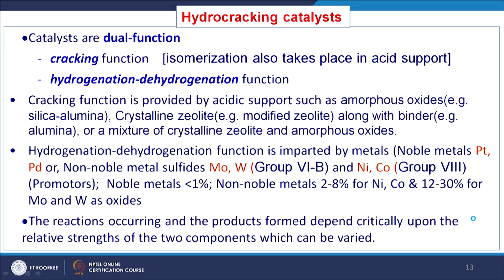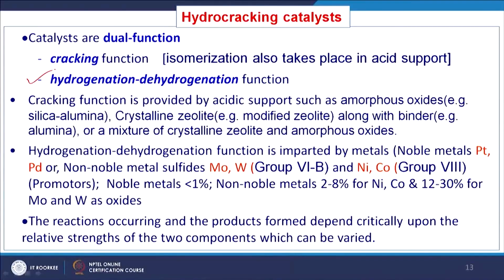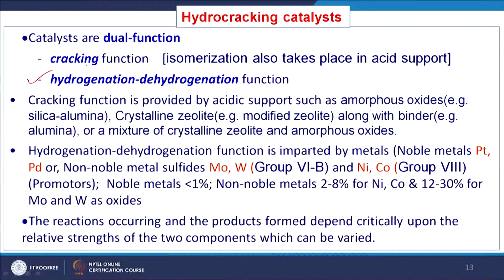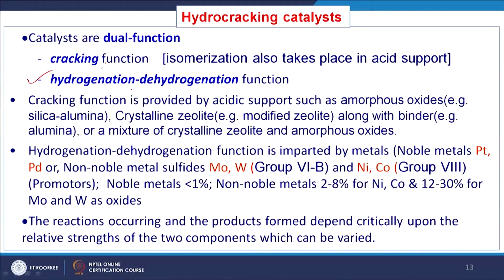So, if we think about the catalyst and its properties, then the catalyst will have some dual functions. One is cracking, we have to crack it, and another is hydrogenation or dehydrogenation. So, one is cracking, another is hydrogenation and dehydrogenation. These are the basic processes which are available during the whole process. That is why the catalyst should have two sites, one will favor the cracking, another will favor the hydrogenation dehydrogenation reactions. So, for the cracking reactions, the active site is acidic in nature,